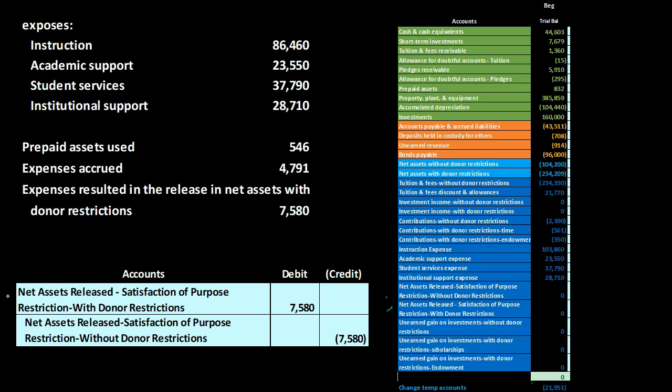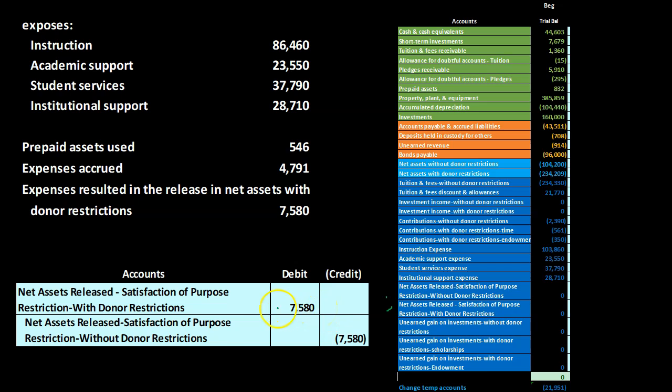Net assets released, satisfaction of purpose restriction with donor restrictions, and the same account without donor restrictions. The key term here being without and with donor restrictions. These two accounts will always be increasing the unrestricted amount, the one without restriction. That's the point of recording the transaction. Therefore, they're always going to go the same direction. I would think of them as kind of like revenue accounts, because the one that's going up will be going up in the credit direction. And that would be kind of like increasing what would be similar to the net income number, or increasing a revenue type of account. The one that we would think of as going down, meaning the with restriction items, you